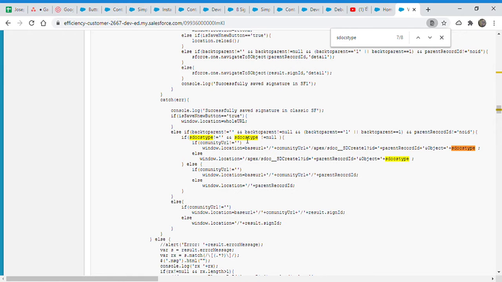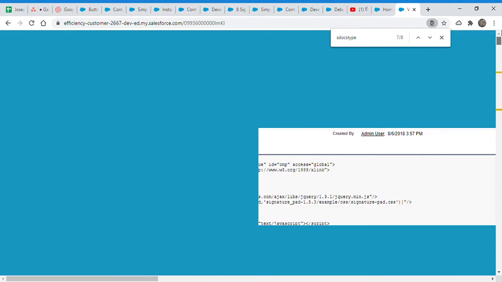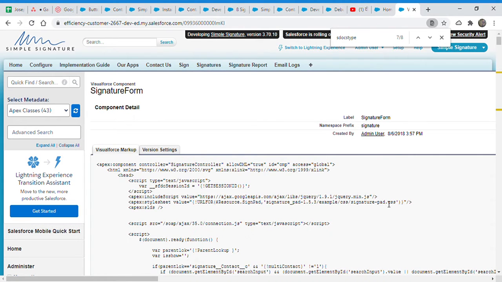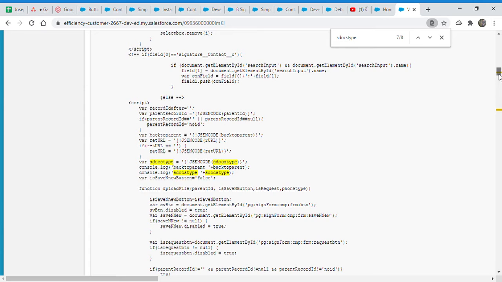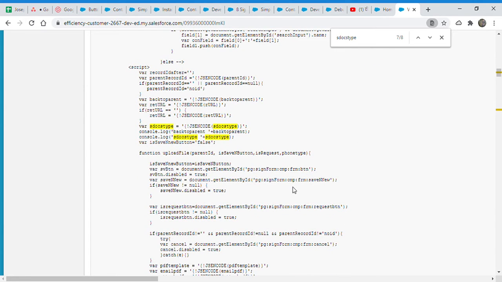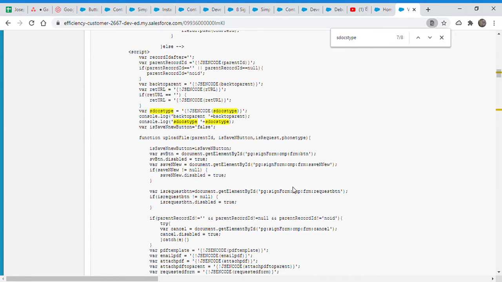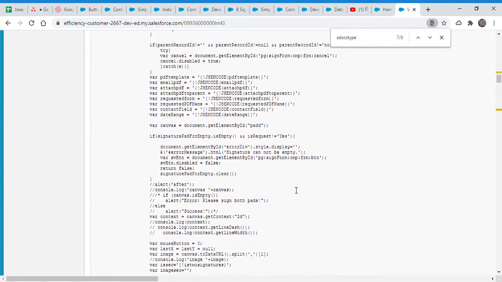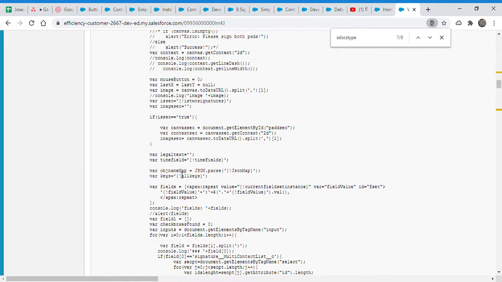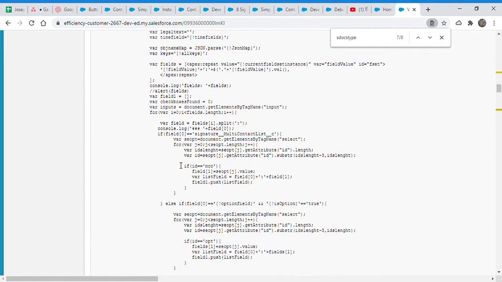So when everything was on batch mode, in the Visual Force component, I'm talking about classic right now, we redirect to either the return URL, or back to the parent, or to any other external URL, or on the signature record. We were using the JavaScript on the Visual Force component.